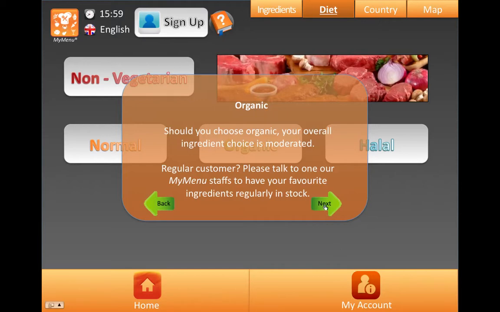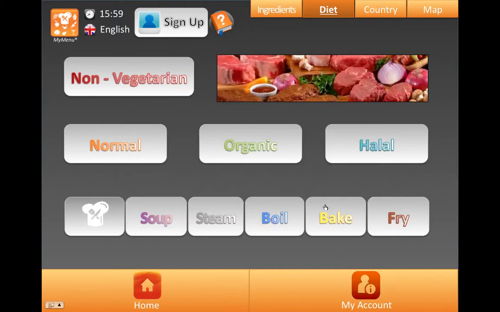But if you're a regular customer, you can tell this or save it through signing up actually, and save certain ingredients that you want, or talk to the staff and they will get certain ingredients for you if you're coming regularly. Other than that, you can choose a certain way of getting your ingredients done: fried, baked, boiled, steamed, or within a soup. Or